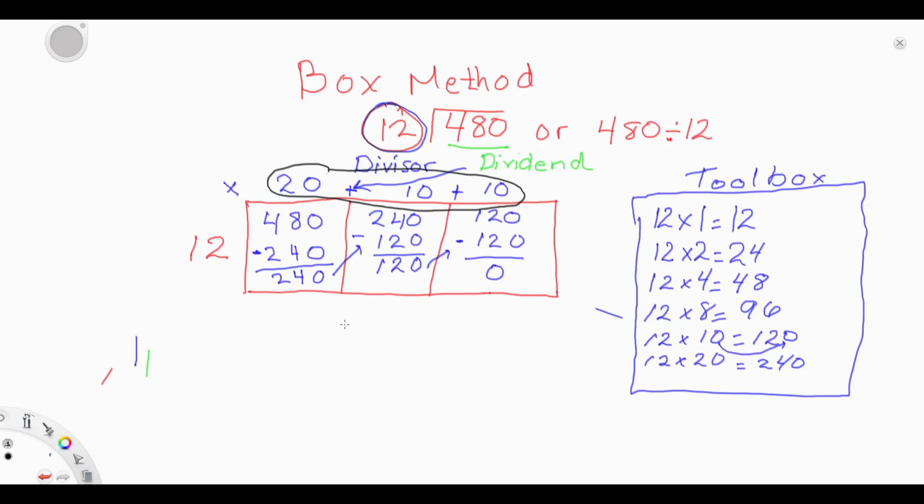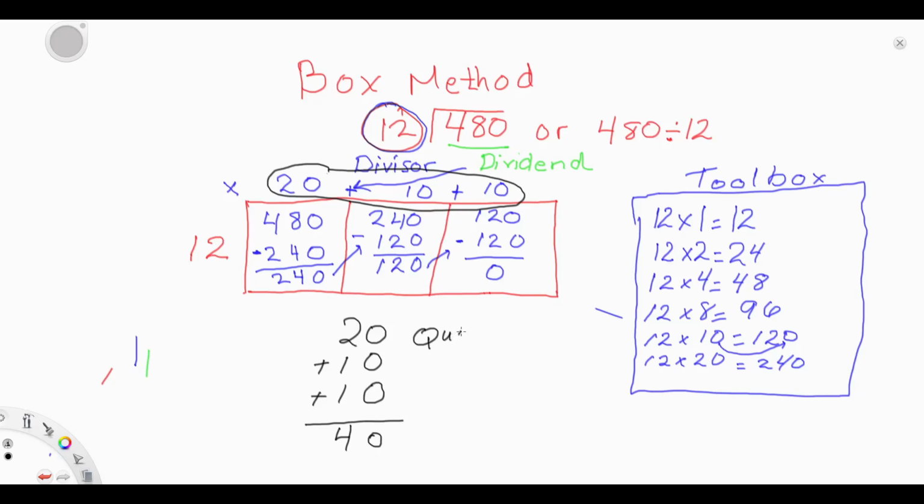You don't have to write your addition problem like that. I was just doing it so you understand my workout. 0 plus 0 plus 0, 0. 2 plus 1 plus 1, 4. So that means that my quotient,